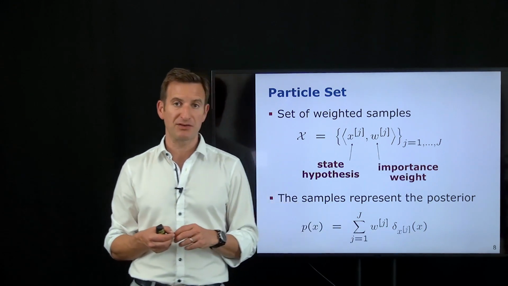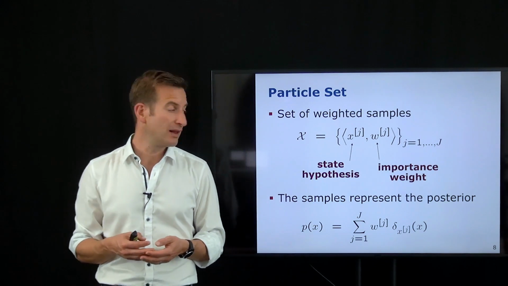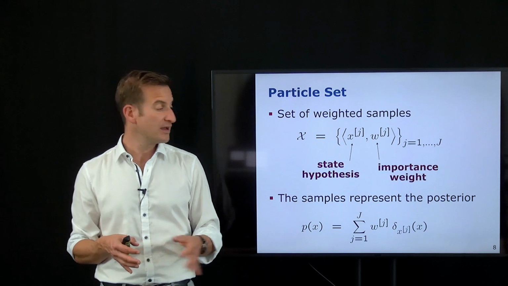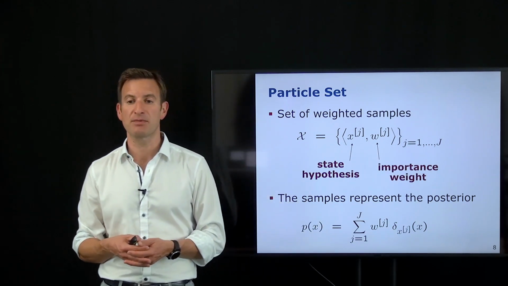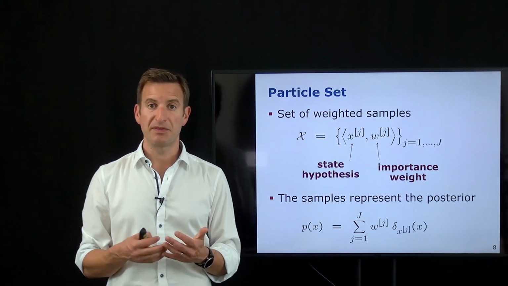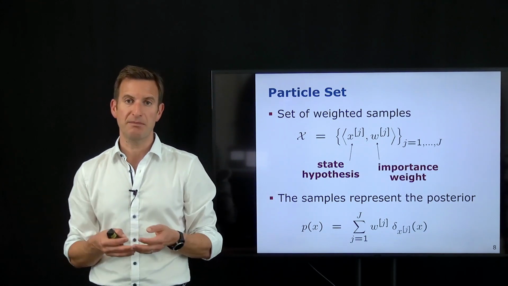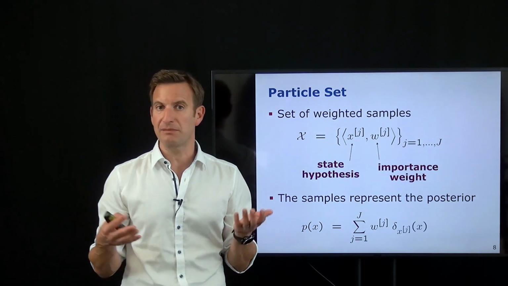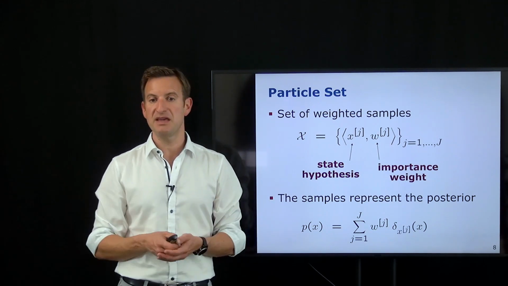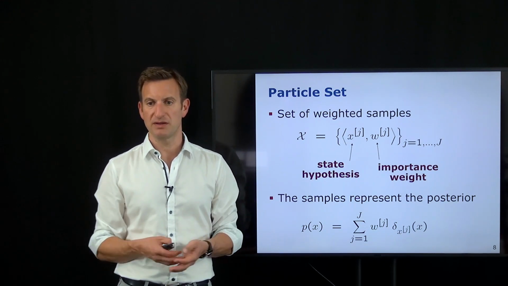We have those Dirac impulses here, and in order to represent a smooth probability function well, we may need a large number of samples. That's already one of the drawbacks of the particle filter, that we may need to maintain a large number of those samples depending on how complex the function is that I want to represent. But the goal is to restrict ourselves to this parametric representation of samples and not restrict the belief, for example, to a Gaussian distribution or a different parametric form. And that's the key idea of the particle filter that we will use for pose estimation in this lecture.